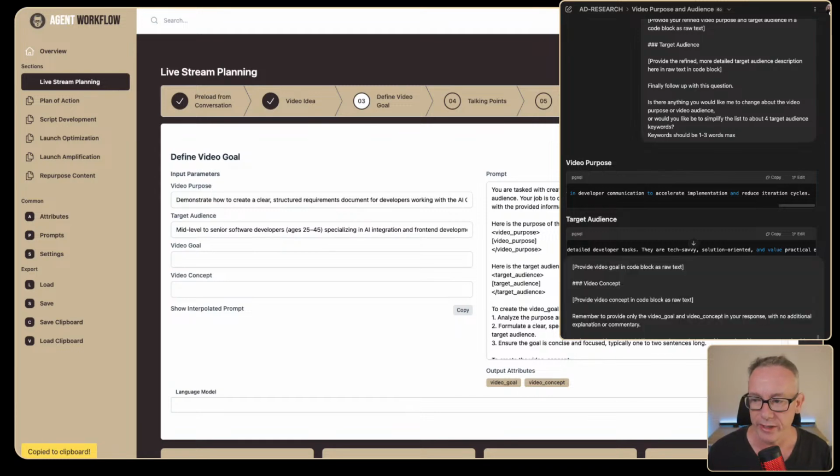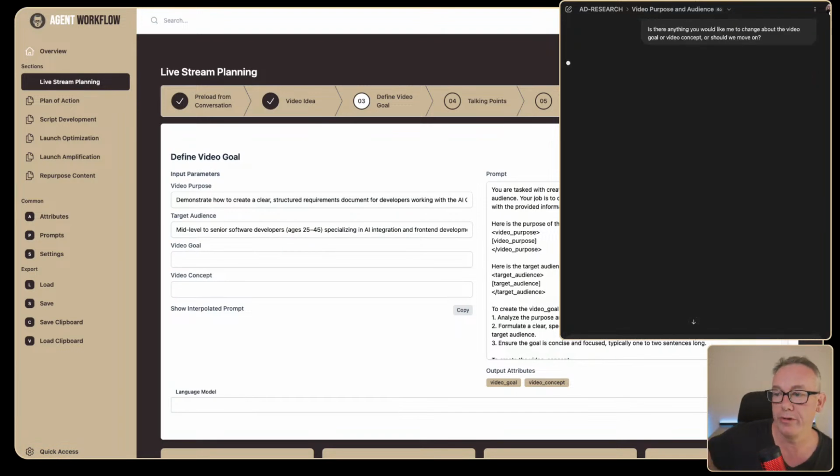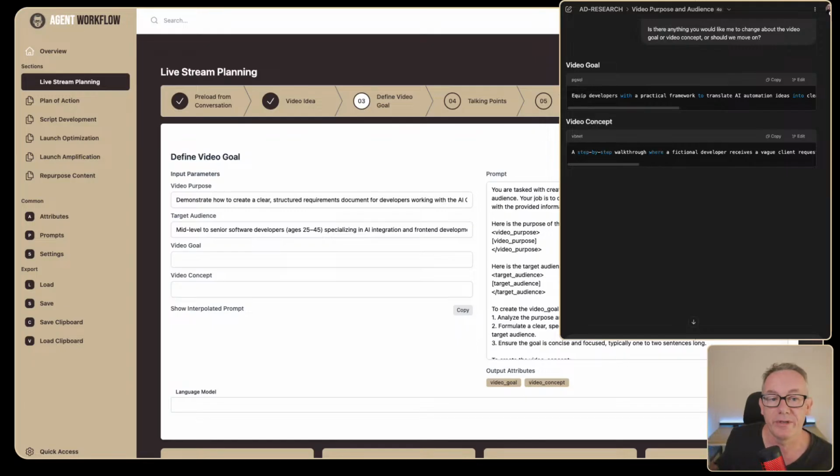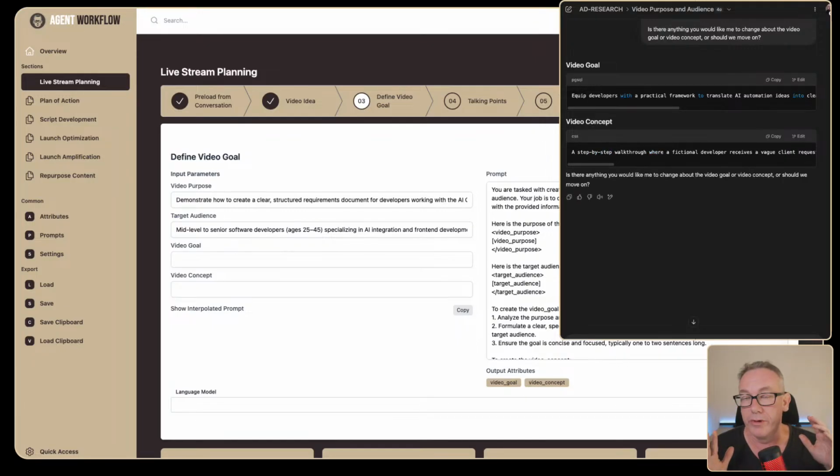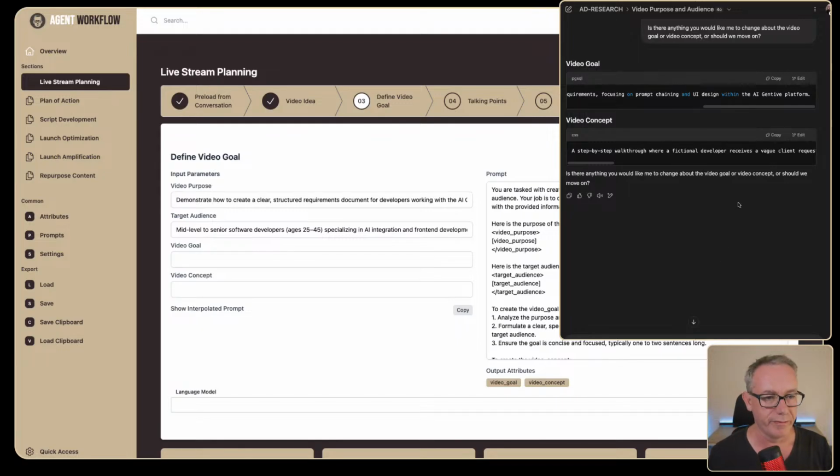And what we're now trying to do, now that we know what the purpose of the video is meant to solve, we know who the target audience is, let's give it a video goal and a video concept. So the goal will be to equip developers with a practical framework to translate AI automation ideas into clear, actionable requirements, focusing on prompt chaining and user interface design within the AI generative platform.